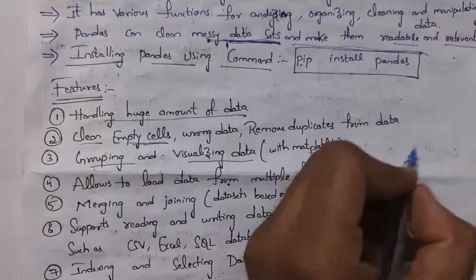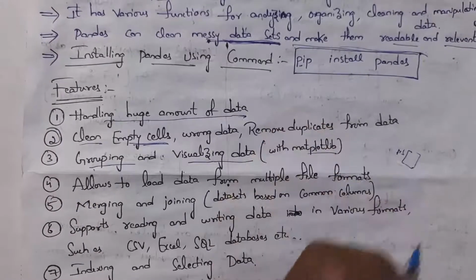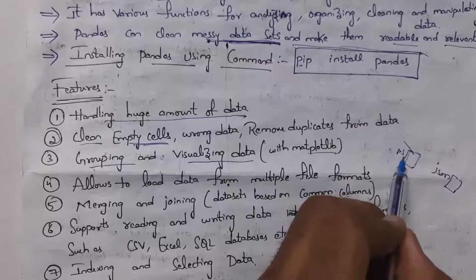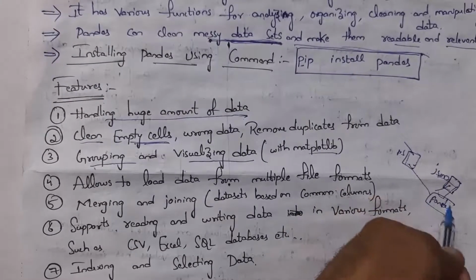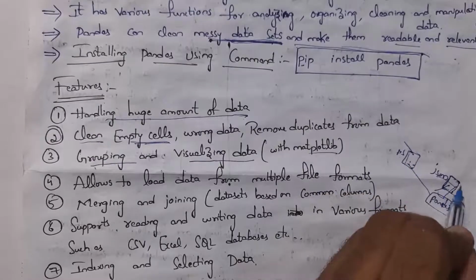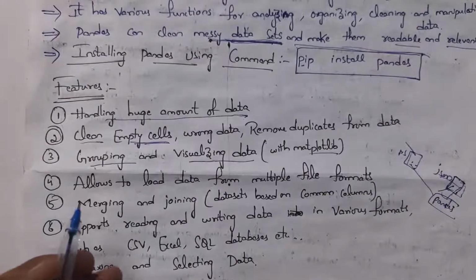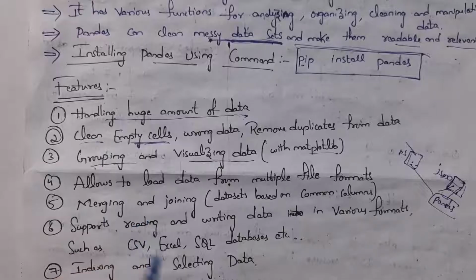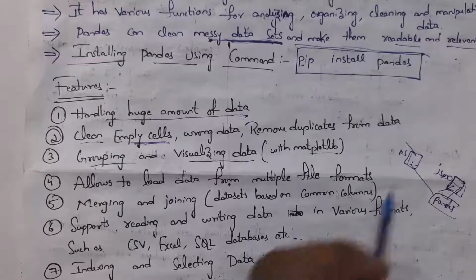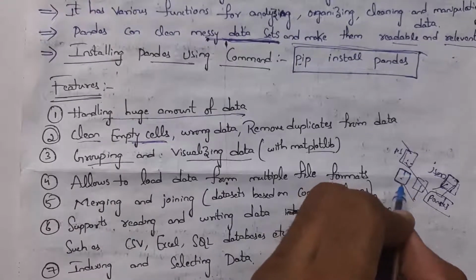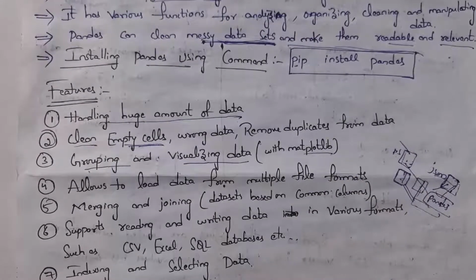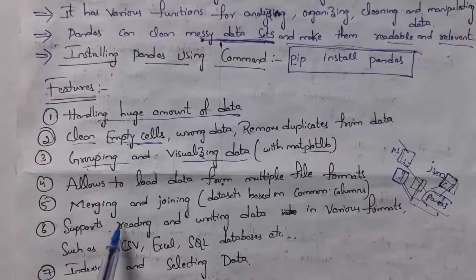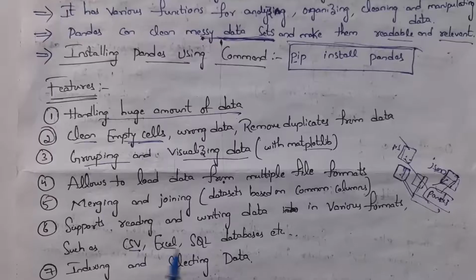For example, one file is an MS Excel file and the next file is a JSON file. This file is in the format of MS Excel and this file is in the format of JSON. So in Pandas, we can load data from multiple file formats. And the fifth feature is merging and joining datasets based on common columns. For example, if two datasets have the same columns, then we can easily merge these two datasets and form a single dataset. And the sixth feature is support for reading and writing data in various formats such as CSV, Excel, SQL